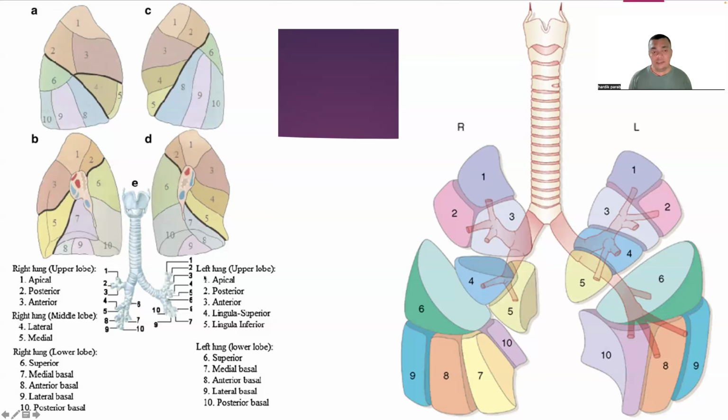And on the left side, you have two lobes, the upper lobe and lower lobe. In the upper lobe, you find the apical segment, then your anterior segment, posterior segment, lingular superior and lingular inferior. Here you don't have a middle lobe,